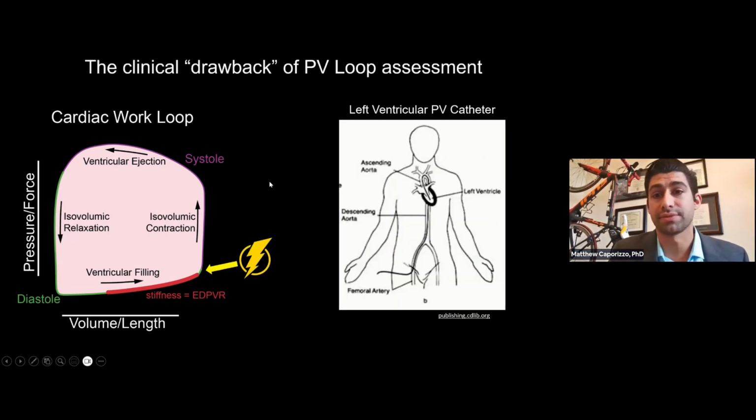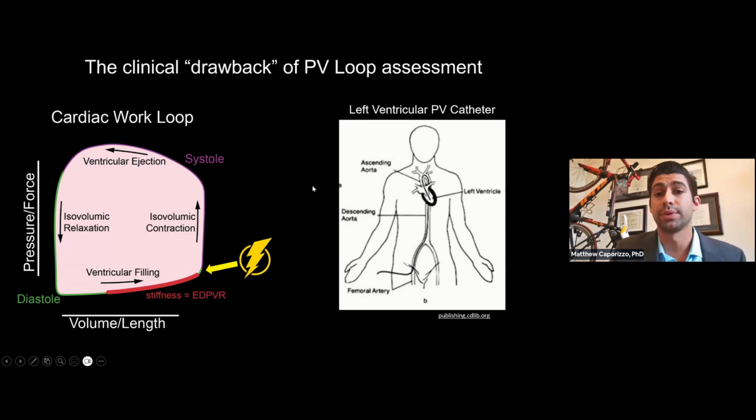And one of the motivations for this is, of course, we can assess these PV loops in vivo, but these experiments are very difficult. They're also very hard to do clinically because you have to put a catheter into the left ventricle, a conductance catheter, to measure the pressure and the volume. A couple downsides to this is that it's very, very hard then to control heart rate, to control systemic pressure. And if we want to use drugs that haven't necessarily been clinically approved yet, or we don't know how they work to try and figure out their specific effect on the heart,